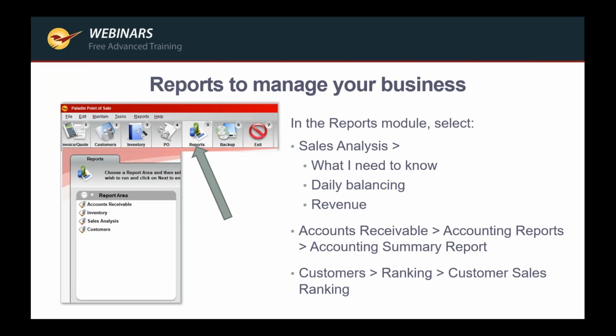So to get us started, the first way to pull reports out, again, is in the reports module. When you select that button, you get the view over to your left where it says accounts receivable, inventory, sales analysis, and customers. From there, you can kind of deep dive on any one of those subjects. The reports that manage your business are going to be primarily under the sales analysis and accounts receivable piece, but